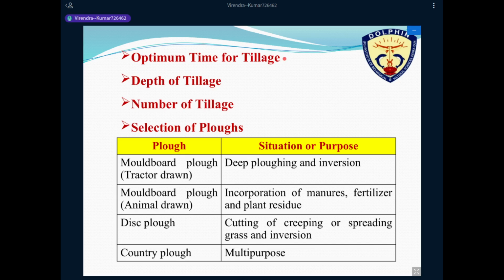तो अगर आपके फील्ड में ऑप्टिमम सॉइल मॉइस्चर लेवल अवेलेबल नहीं है, आपका सॉइल बहुत अधिक ड्राई है, तो उस समय भी अगर आप प्लाउइंग करोगे तो वो बहुत अधिक एनर्जी लेगा, उसमें एनर्जी की रिक्वायरमेंट अधिक होगी, यानी आप ट्रैक्टर से ड्रा कर रहे हो तो फ्यूल की रिक्वायरमेंट अधिक हो जाएगी। मोस्ट टाइम आपको टिलेज प्रैक्टिसेस कंडक्ट करनी पड़ेंगी और उसमें बहुत अधिक एनर्जी लेगा, और उसमें जितने भी क्लॉट्स बनेंगे वो बहुत बड़े बड़े और हार्ड होंगे, और उस समय हम सीड की सोइंग करेंगे तो उनके जर्मिनेशन में प्रॉब्लम होगी, वो उन बड़े बड़े क्लॉट्स के नीचे सप्रेस होंगे, तो उस समय भी टिलेज प्रैक्टिसेस करना डिफिकल्ट होगा।